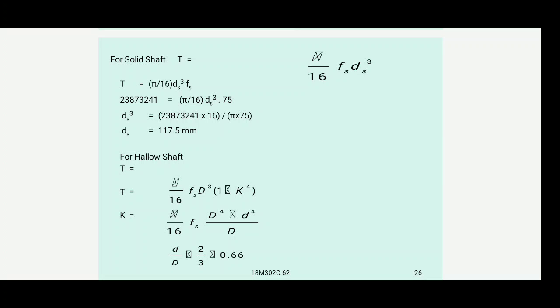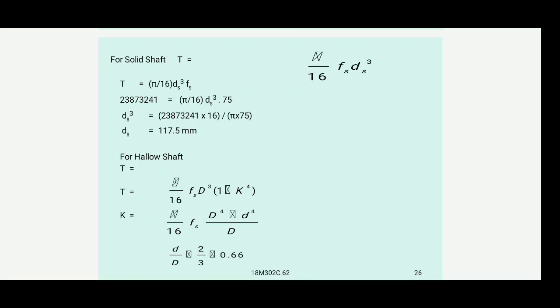For a solid shaft, T is equal to pi by 16 into Fs into ds cube. That is, torque is equal to pi by 16 into ds cube into Fs. So ds is equal to 117.5 mm. For a hollow shaft,